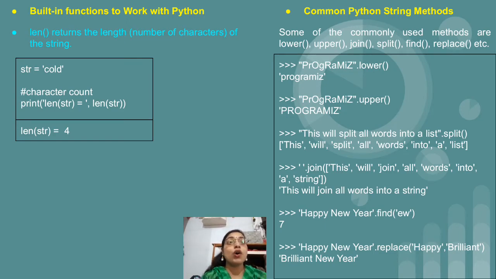After that there is one more common string method, that is replace. Replace, as the name suggests, means we can replace a specific word with another word. Now we have the text happy new year, in which I want to replace the word happy by brilliant. For that you will write, within single quotes, happy new year dot replace, and into the round brackets write down the word which you want to replace. Within single quotes I have provided happy, comma, and as the second parameter you write the word brilliant, which you want in the place of happy. After writing this statement we will get the result brilliant new year, because with the help of the replace method we have just replaced the word happy by the word brilliant.